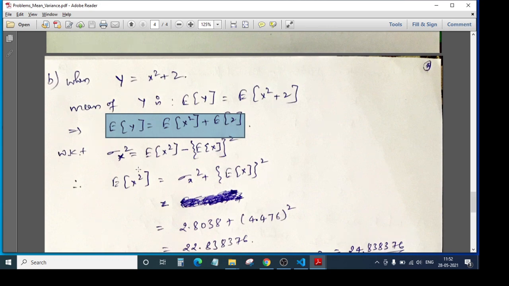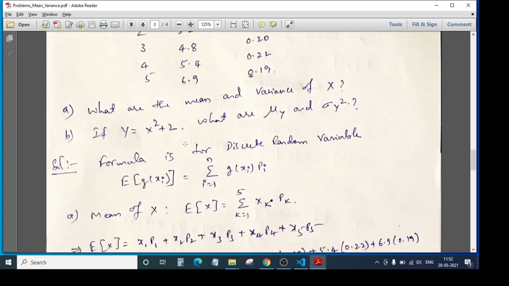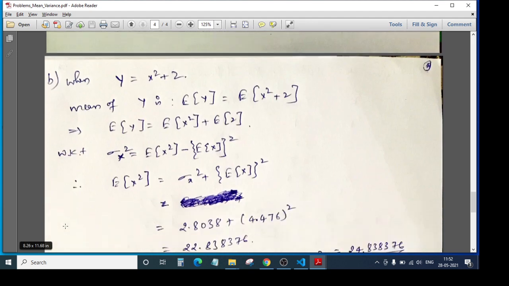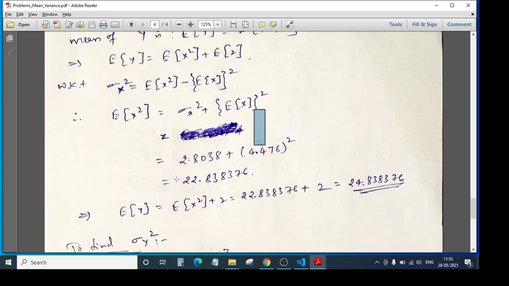Similarly, we need to deduce the next thing. The other thing he has asked here in the problem is what now? What is sigma square of y. Next we know sigma square of x is nothing but E of x square minus (E of x) the whole square. So if I want to find E of x square, I will just take this to the other hand side and do the substitution. So you have sigma square of x, you already found the value, E of x also you know, so thereby you will be getting your E of x square.